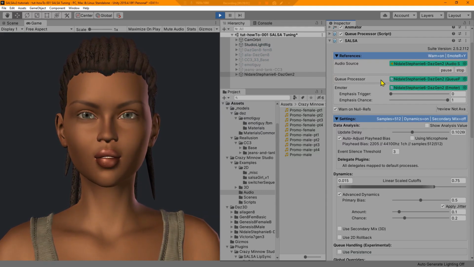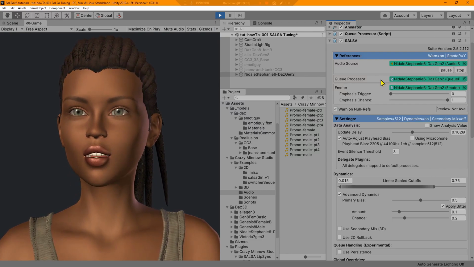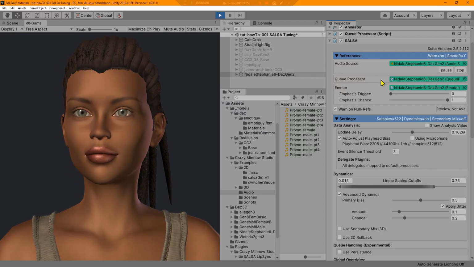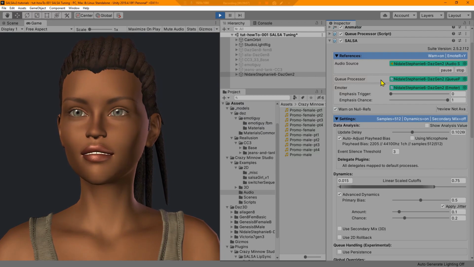Simple automated lip sync approximation. The unique technology behind SALSA provides high quality lip sync automation